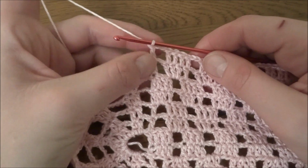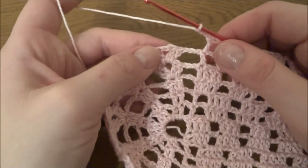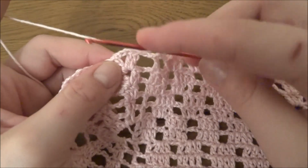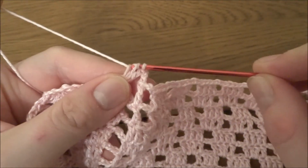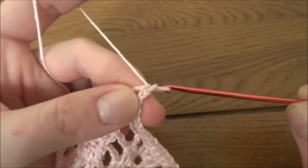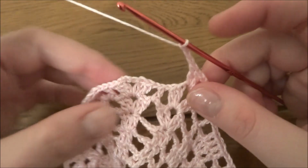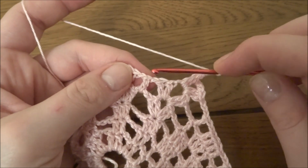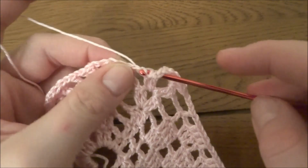So now after the last double crochet we have to work chain of 3, then we are going into the next chain of 3 and we have to work 2 double crochets, one and 2, then chain of 3 and 2 double crochets, 1 and 2, chain of 3 again, 1, 2, 3, into the double crochet just here. So we have to skip the next 2 double crochets, chain 1, and we are working on to the next double crochet. We will work 3 double crochets,